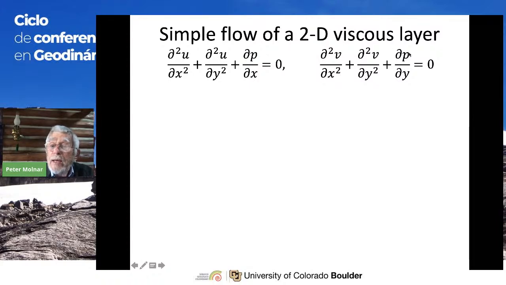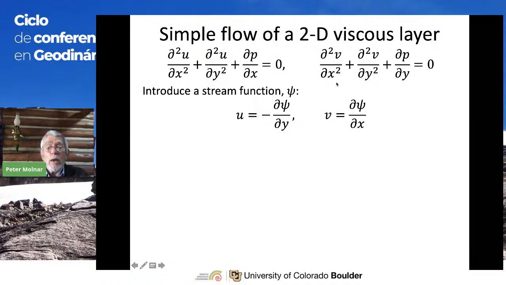This is simply saying that the pressure gradient, of course, is the force that's causing the component of v to be whatever it is in its particular direction. Now, there's one last trick, a third trick. We introduce a stream function. This is, again, very common in dealing with fluid mechanics.